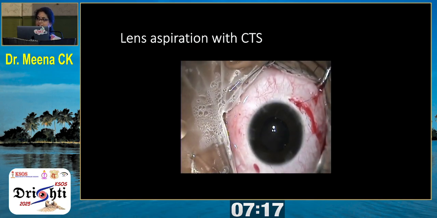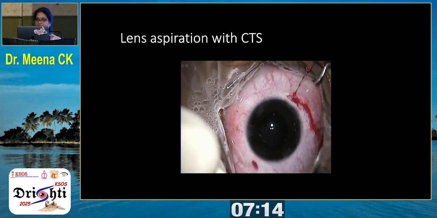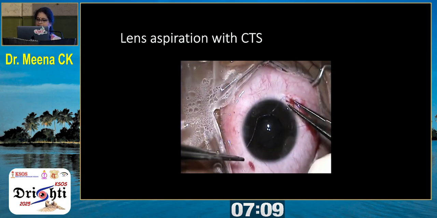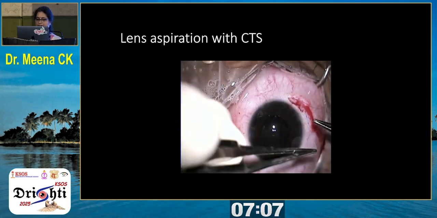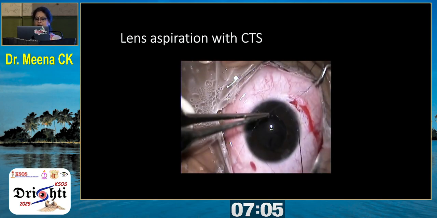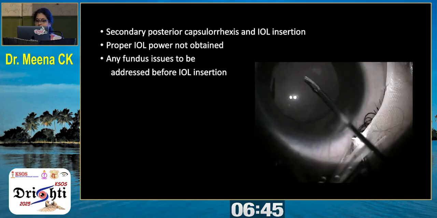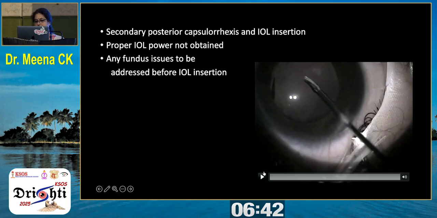So these CT segments are very good ones, like you get it in 9mm and 6mm size, and you can fixate those bags. And the next problem is which IOL to put. That is a very big issue in these cases, because IOL power calculation may not be correct, especially when you do IOL power in a subluxated lens. Axial length may not be correct, and just guessing and putting an IOL is also not safe. So it will be ideal to wait for a while, and do the next procedure in 1 week itself before the bag collapses. And here you can see the child underwent